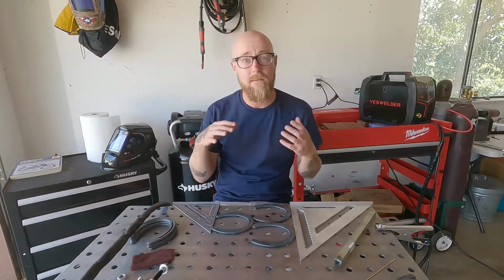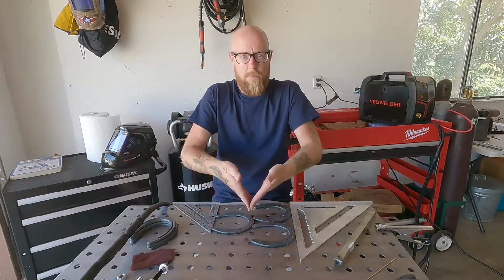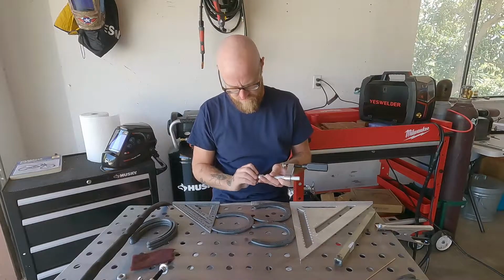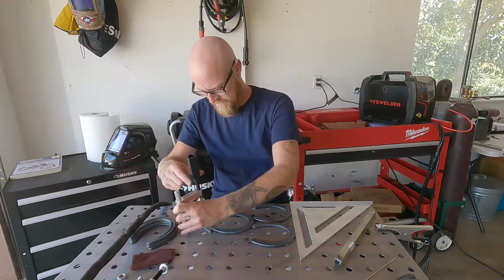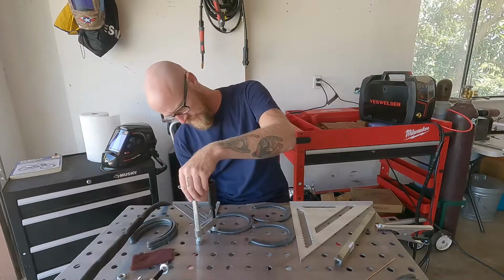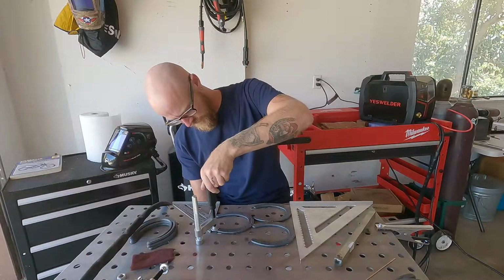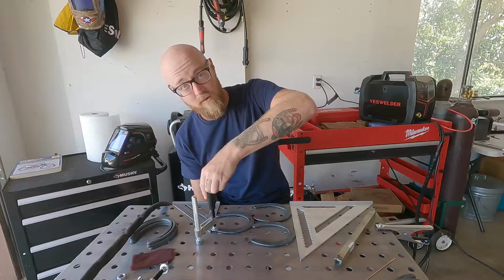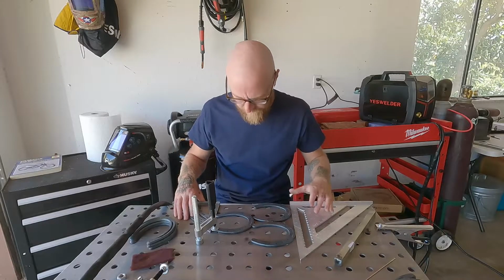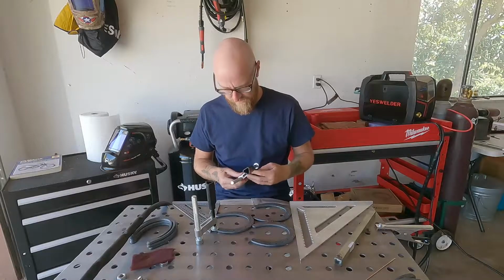All right, now again, we're gonna be thinking about where we're gonna be clamping. Since we're welding here and here, this piece is gonna wanna fold up like this. So I'm gonna throw a clamp right here to make sure this top shoe stays. And again, once we do this, we're gonna wanna make sure that the fitment is still nice and tight and even. Okay, now it's pulling up a little bit right here, so I'm going to place a clamp